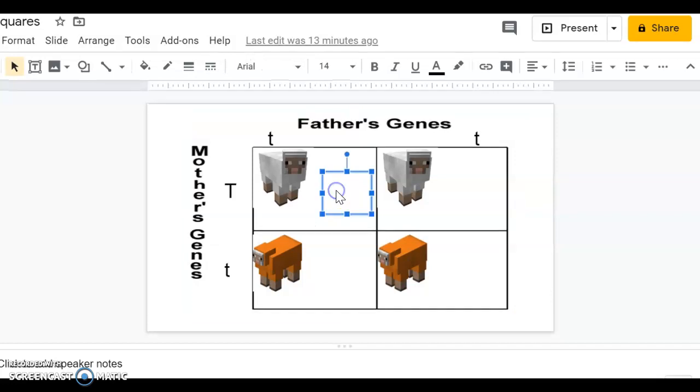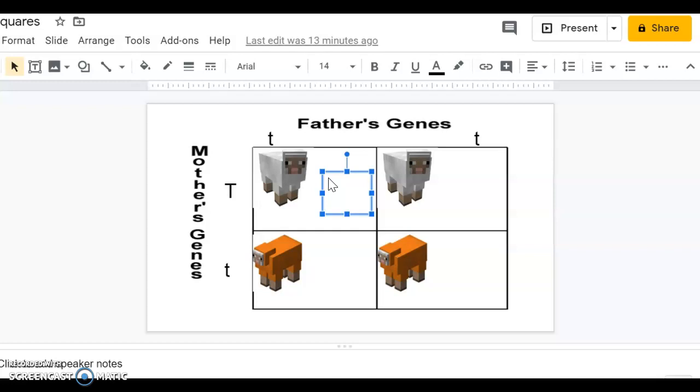I've been pretty bored recently, so I've been playing a lot of video games and doing a lot of outside stuff. One of the things I've been doing is playing Minecraft, so I thought we could use some Minecraft sheep to illustrate this. What we're looking at here is a Punnett square. It's going to show a percent, which is important. It's a percent of the chance of the offspring of a mother and father giving rise to a different